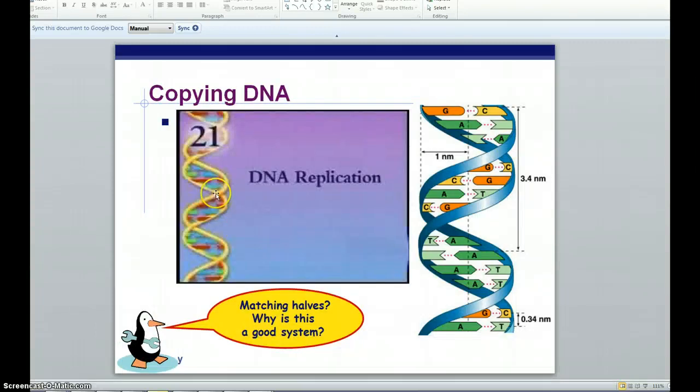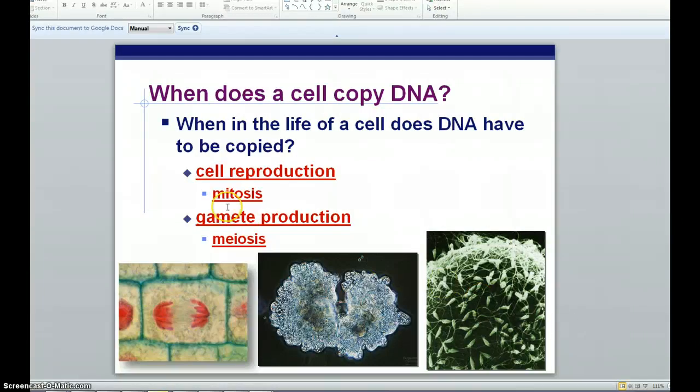Okay. So DNA replication happens when these weaker hydrogen bonds between these bases of adenine, thymine, and guanine and cytosine break, and they separate, and this strand uncoils and opens up. In cell reproduction,